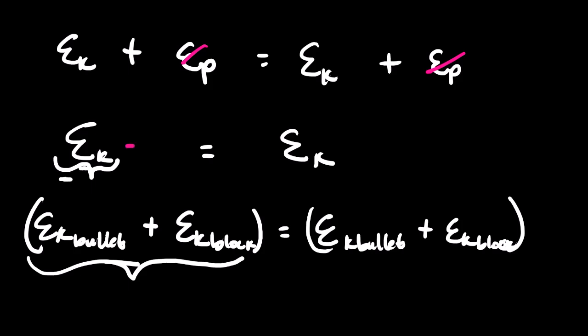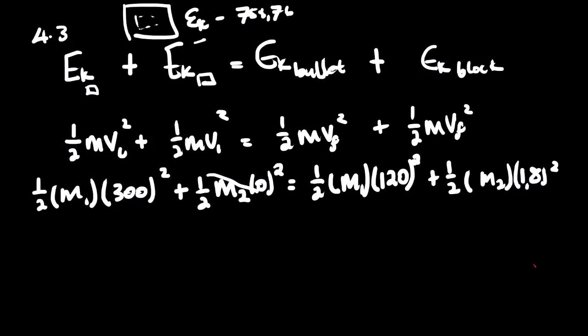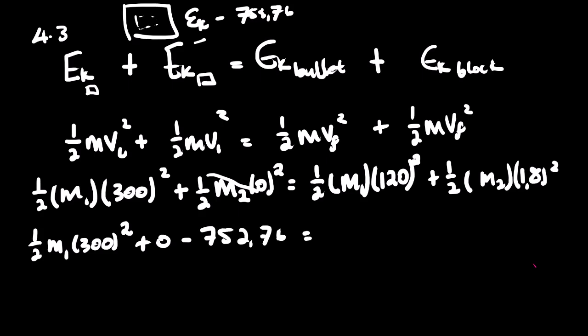So here we can put minus 752.76. It means that whatever that we have here, we have to minus it with 752.76. Let's do that here. So we have half m1 300 squared plus 0 minus 752.76 equals to,